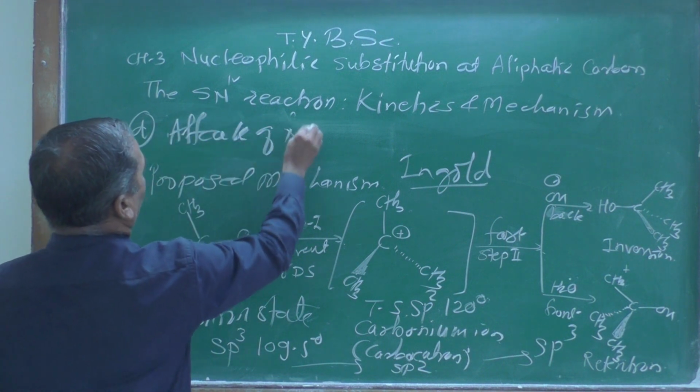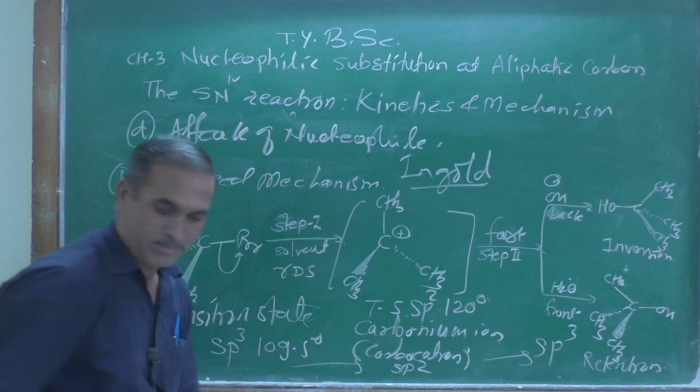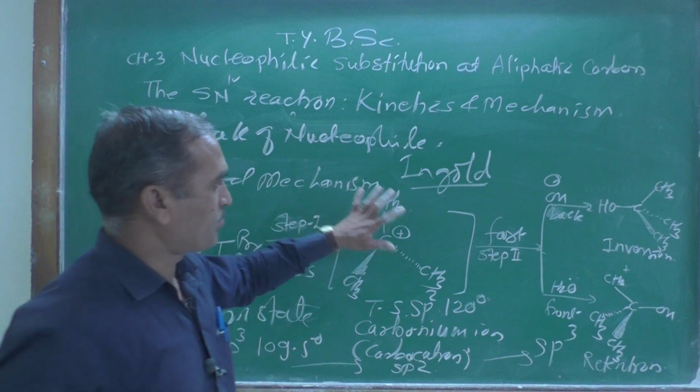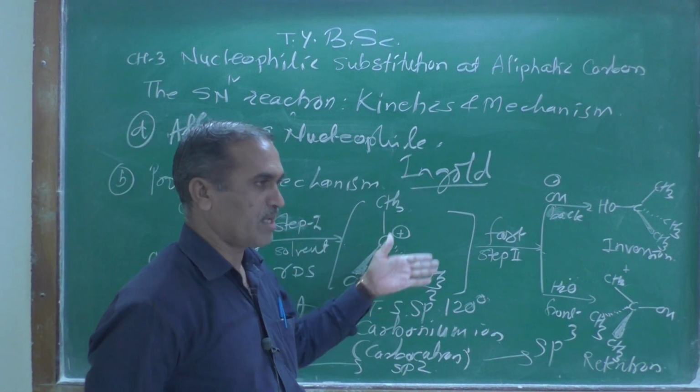If you see here, after formation of the transition state, the carbocation molecule is planar,